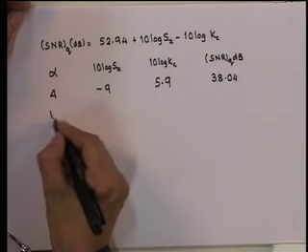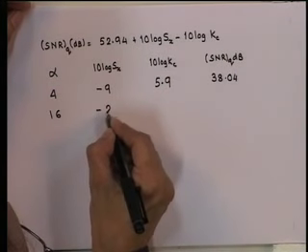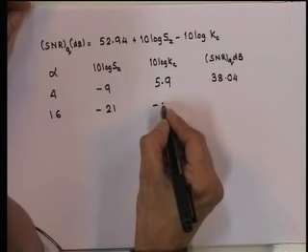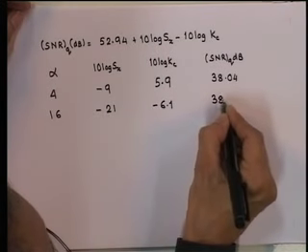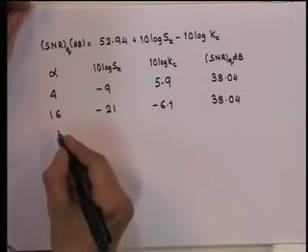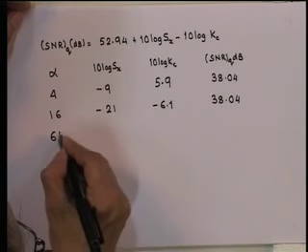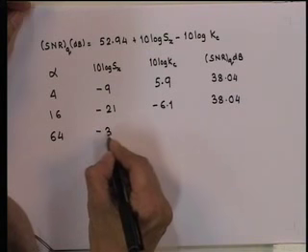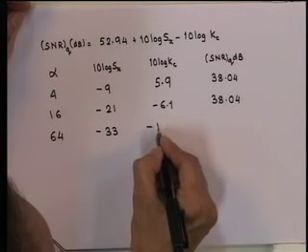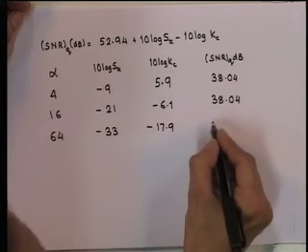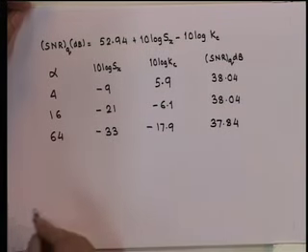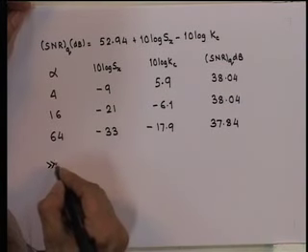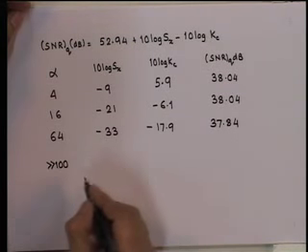For alpha equal to 16, this is equal to minus 21, minus 6.1, 38.04. For alpha equal to 64, minus 33, minus 17.9, 37.84. And for alpha much larger than A, that is 100,